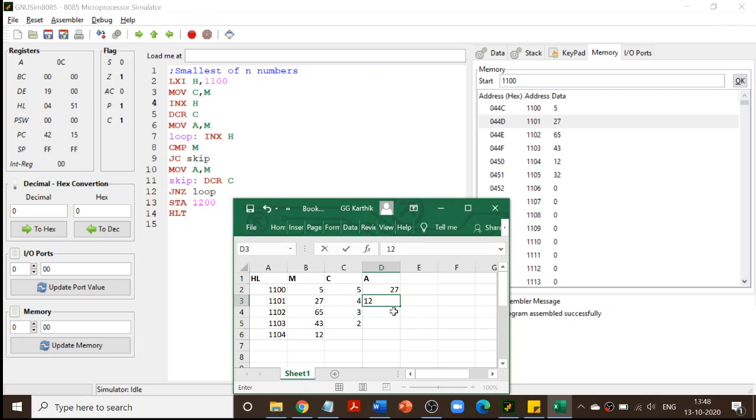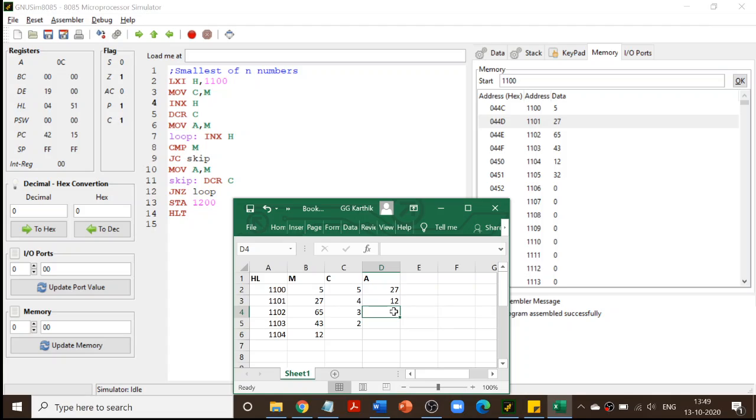So again, let me tell you what is the logic of the program. We are trying to keep the smallest number. We are trying to store and keep the smallest number in our accumulator. If the accumulator value is smaller than M, you don't have to worry. Keep it the same. If your M value is smaller than the accumulator, then you change the value of A. Now you make sure that A has the smallest value, because A is the value that is going to show us the smallest number.